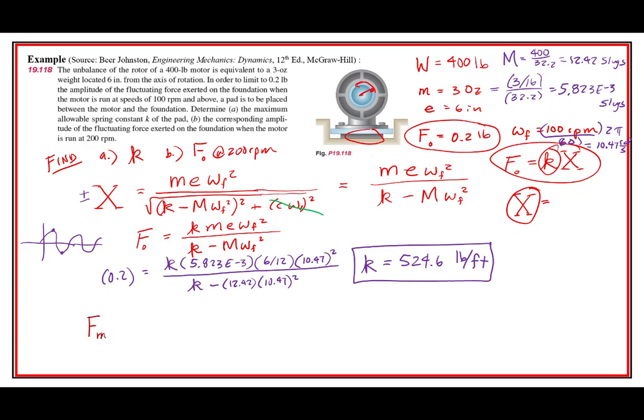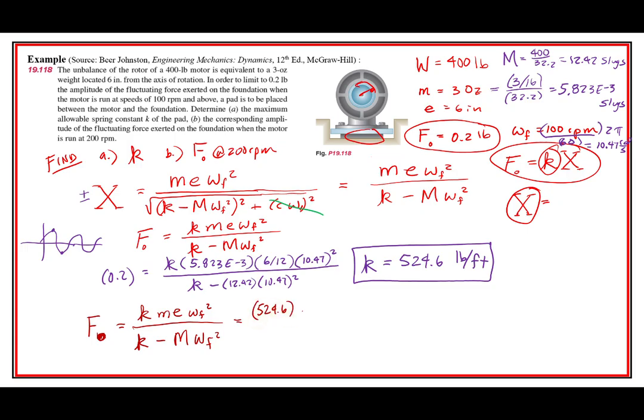FM, or FO, I guess. We decided to use O right in there, is going to be equal to K M E omega F. Well, let me do this right here. Yeah, I guess I won't use that other equation. It doesn't really matter. We can go K minus big M omega F squared. Remember, this doesn't have damping, so that's why we can leave off the square root and some of this other stuff. And so we get